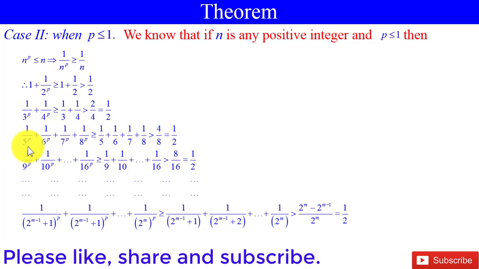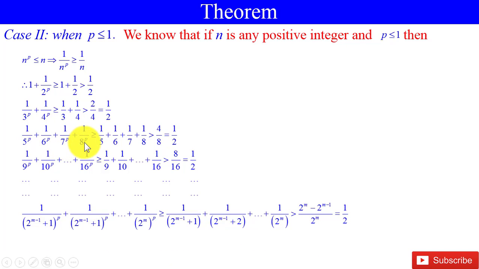1 by 5 raised to the power p up to 1 by 8 raised to the power p is greater than or equal to 1 by 5 plus 1 by 6 plus 1 by 7 plus 1 by 8, which is greater than 4 by 8, equal to half. 1 by 9 raised to the power p plus 1 by 10 raised to the power p up to 1 by 16 raised to the power p is greater than or equal to 1 by 9 plus 1 by 10 up to 1 by 16, which is greater than 8 by 16, equal to half. In this way we can show that